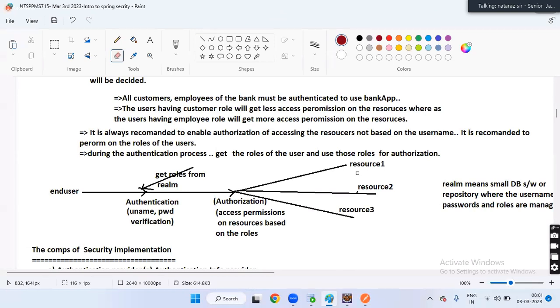Convinced, boss? Get the roles of the user and use those roles for authorization. Understanding my point?